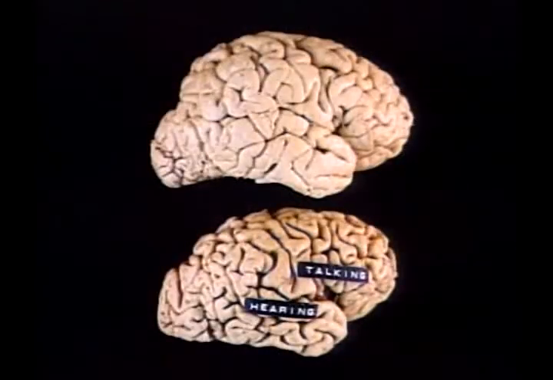In fact, you have one part of your brain that speaks and another part of your brain that hears. And it is possible to be able to talk without being able to hear or to understand. That is fairly common in stroke patients and in those individuals with Alzheimer's disease. Here in this graphic, on the top you see a normal brain, and in the bottom you see the expressive